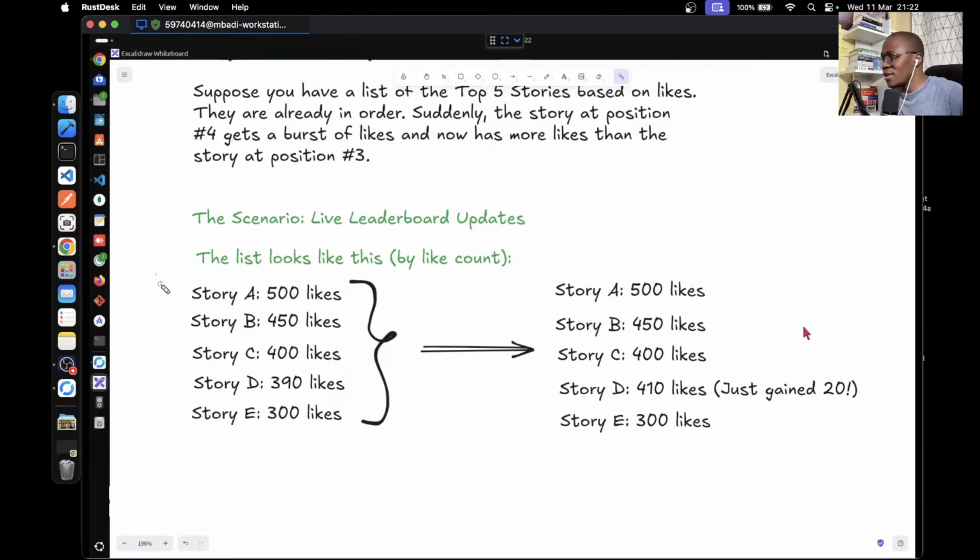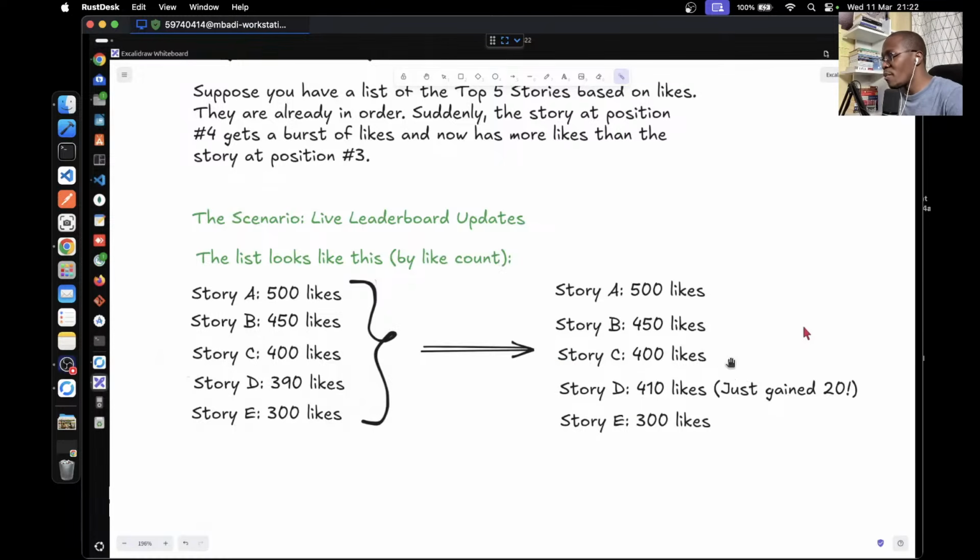But imagine somebody shares this story on social media and it gets 20 likes. Now this story will be 410, which is higher than the story above it. So here we employ bubble sort, because now we have to sort. Story D has to go to the top and story C has to come down.